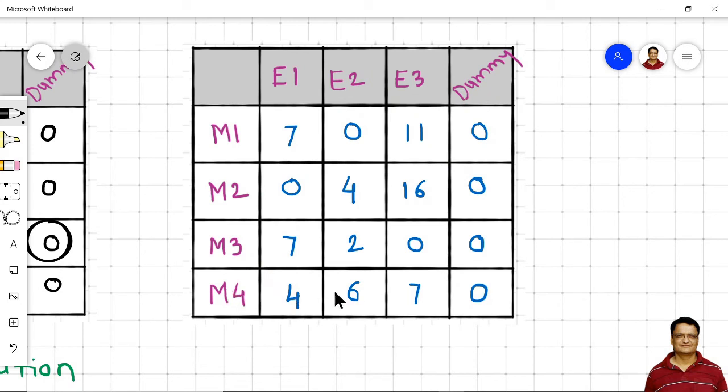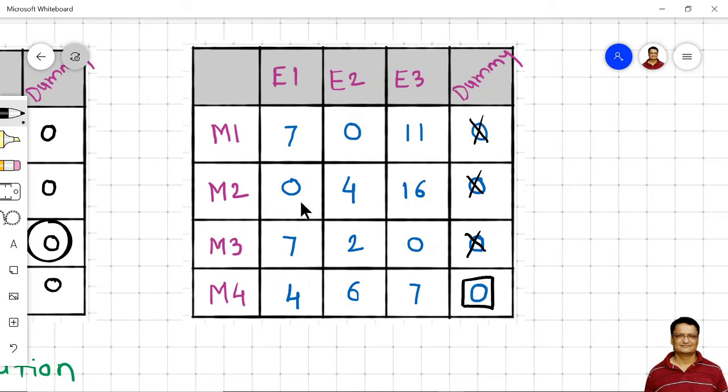Row number 4 has only one uncrossed 0, so I will make my first allocation at this point. And I will cross all the zeros corresponding to that row or column. So I have crossed all these three zeros from this column. There are no zeros in this row.